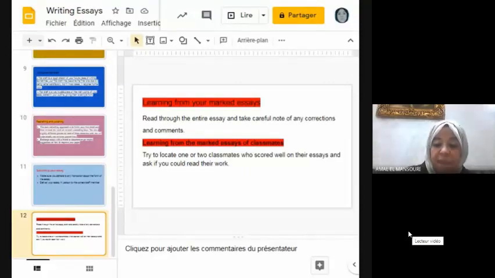So the topic sentence, as you know, is the first sentence in the paragraph. It opens the paragraph. The topic sentence states the main idea of the paragraph. That is, it shows what the whole paragraph is about. The first sentence of your paragraph needs to be the topic sentence.